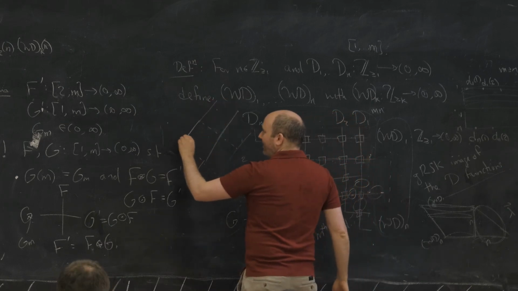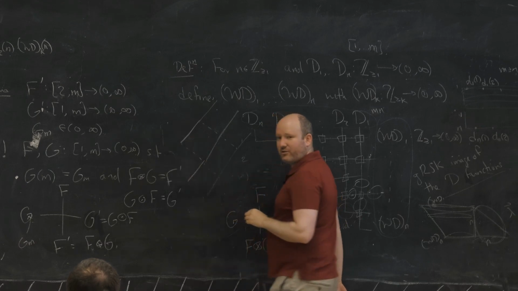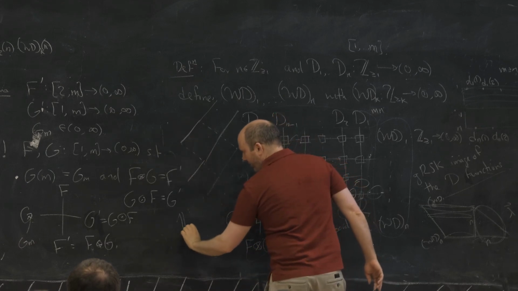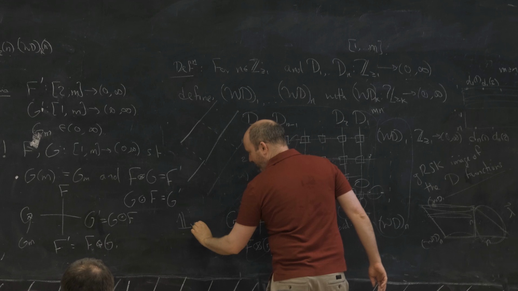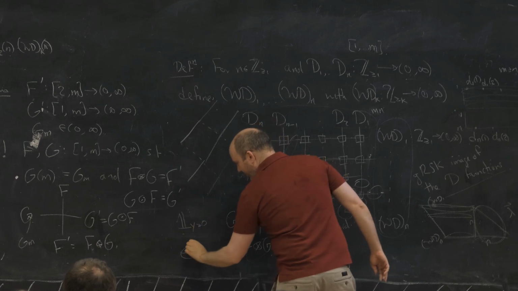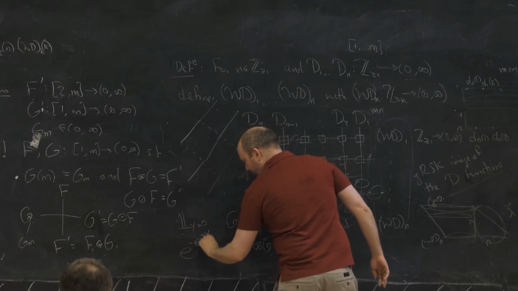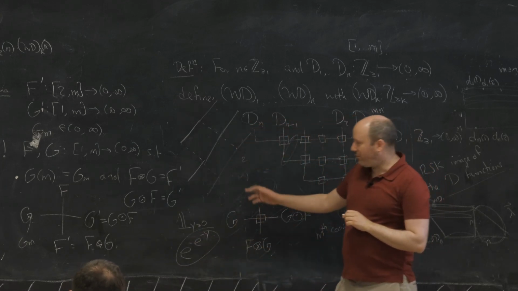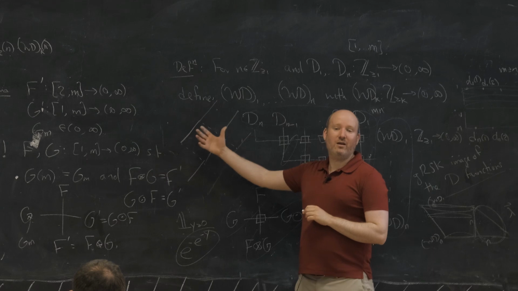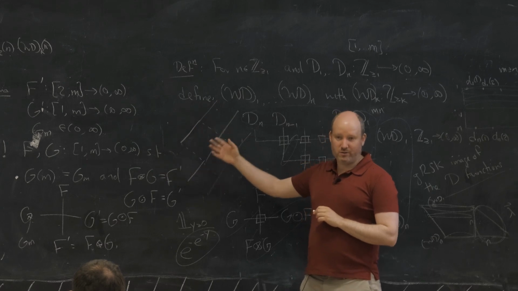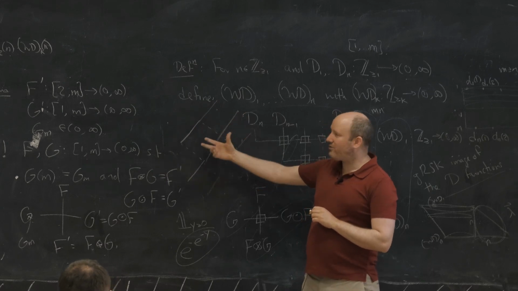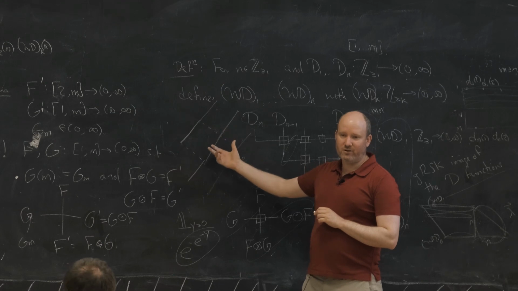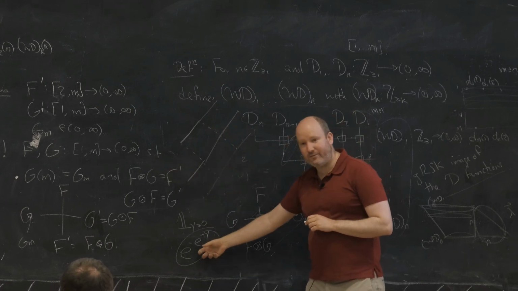So instead of having the indicator functions, again, all that changes in the Whittaker case is that indicator functions, say y bigger than or equal to 0, become these e to the minus y softened versions of indicator functions. So the Whittaker measure is exactly the same type of object as the Schur measure. The Whittaker process is exactly the same type of object as the Schur process, except just with a slightly different